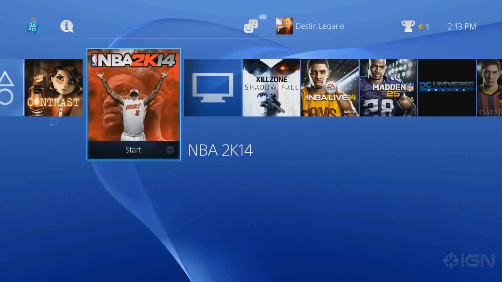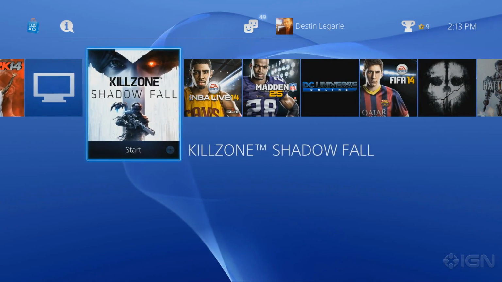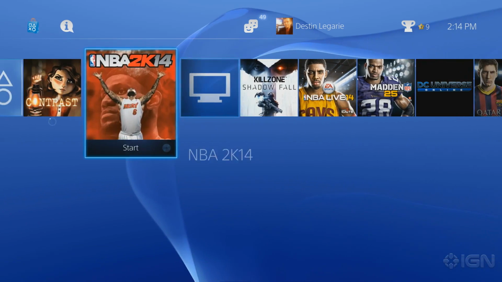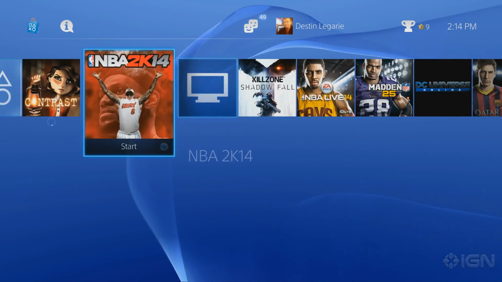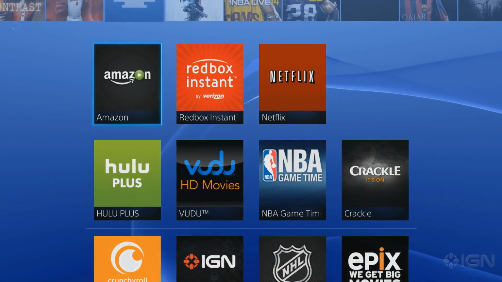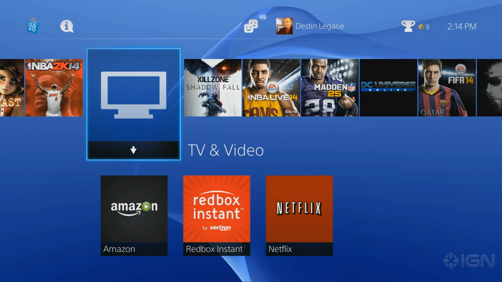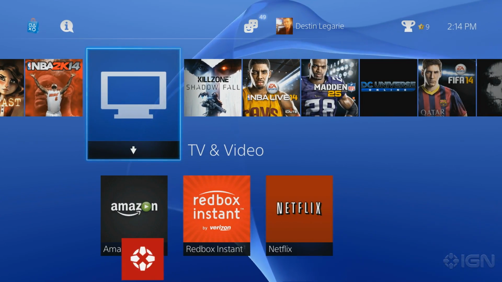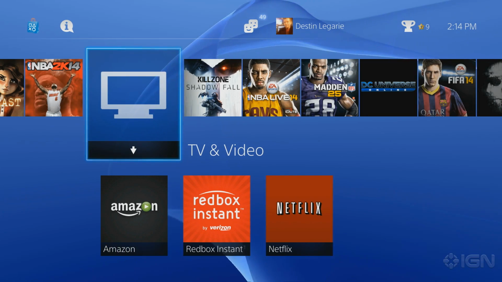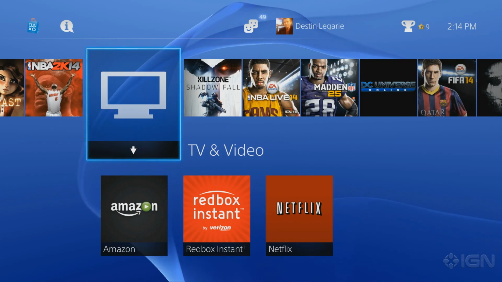That is correct. And actually, some of the biggest games are NBA 2K14 and Killzone Shadowfall. NBA 2K14 is the largest at 46 gigs, and Killzone Shadowfall is 39. See, I wouldn't have thought a game like NBA 2K would be a huge space hog, but I guess it is gigantic. A lot of character data there, I guess. So actually, the total amount of games we have installed is 27 on this unit. Wow. We tried to install 28, which was a larger game, a 33.9 gig game,